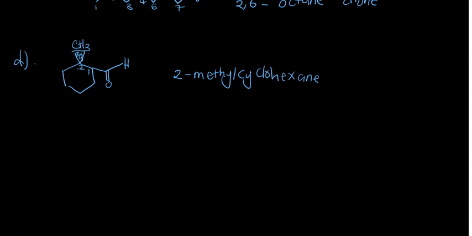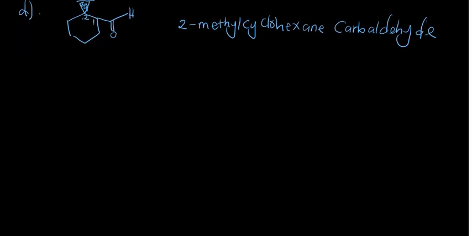Now we have an aldehyde functional group. That's where this name comes in as a carbaldehyde. So this is the name, 2-methyl cyclohexene carbaldehyde. That was structure D. Then structure E. Structure E, you have